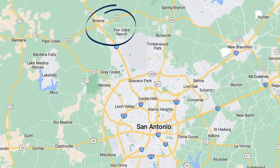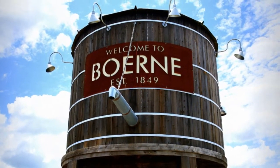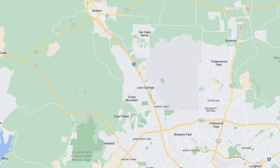and the median home price is about $400,000. Last but not least, on the northwest side of town, straight out I-10, is the community of Boerne. Boerne has about 20,000 people and is about 24 miles from the medical center and about 19 miles from the Valero Energy headquarters. But there's also some areas between Boerne and San Antonio, the Fair Oaks Ranch area, Leon Springs area, and the median home price in this area is about